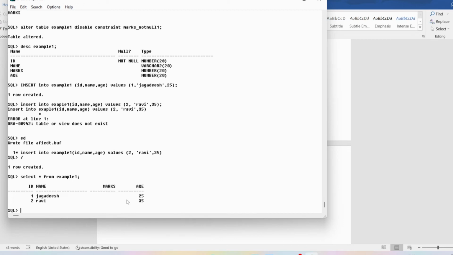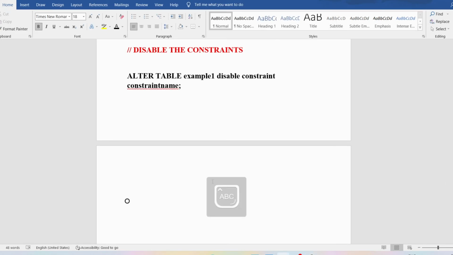Now I want to enable the not null constraint on the marks attribute. Will it allow? It will not allow, because you have the data. For the data of marks column you have inserted the null values. If you enable, then it will not enable it, because already null values are there. Then how can you enable the not null constraint? So if you want to enable any constraint, you can use a statement called alter table. Table name you need to provide, and then you need to write enable constraint, and then you need to provide the constraint name,